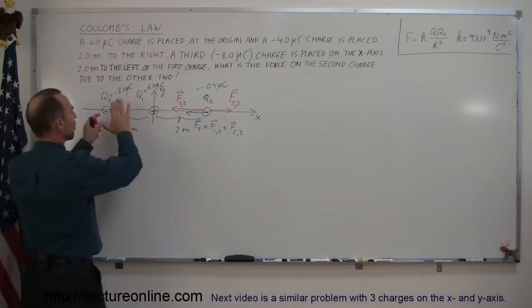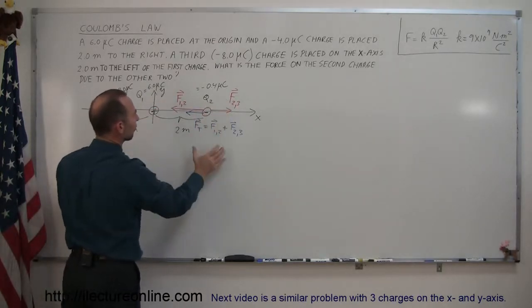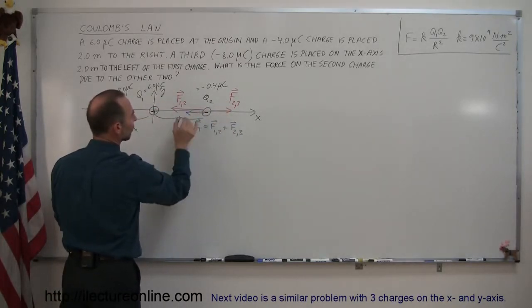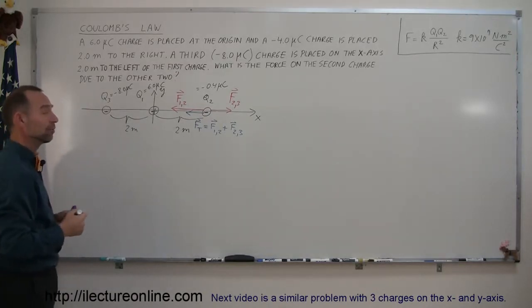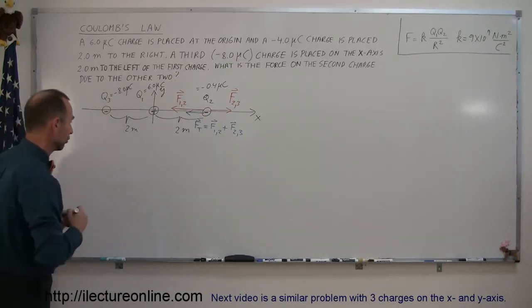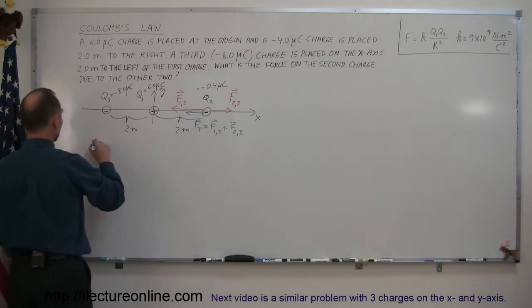So first, you draw a diagram, then you draw the vectors, then you realize that when you sum them up, this is a vector sum. But then how do you do a vector sum of vectors? Well, to do that, you find the magnitude of each vector first. So you want to find the magnitude of F12,